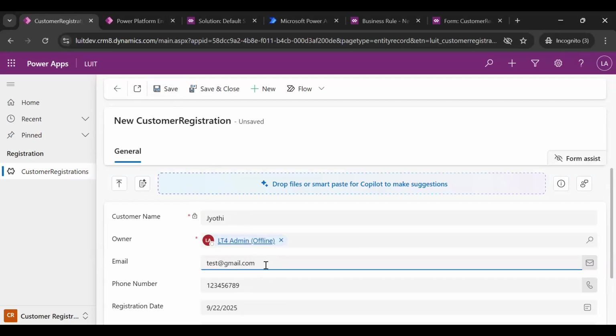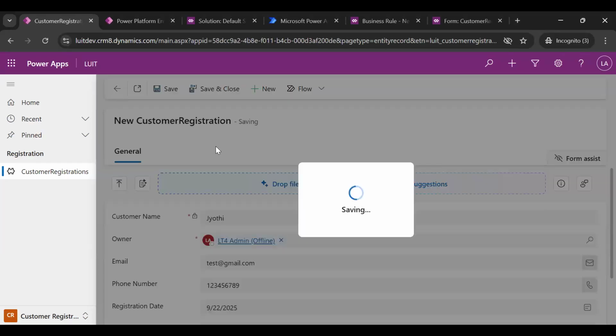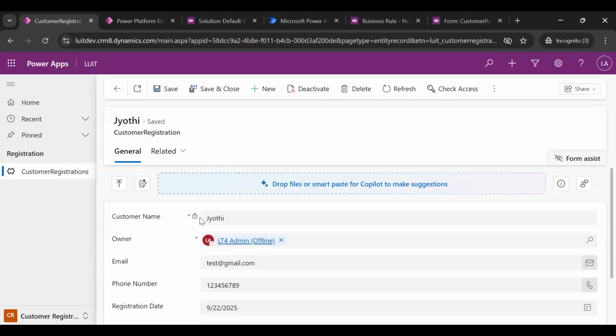Okay, right now I have given the email and I'm saving it and it is locked. You can see, right? I can't change this name anymore. Okay, so this is the simple one